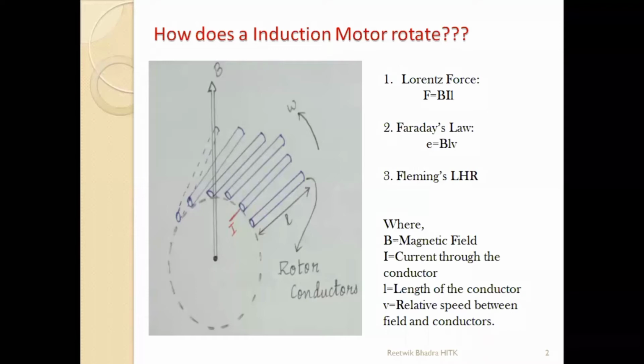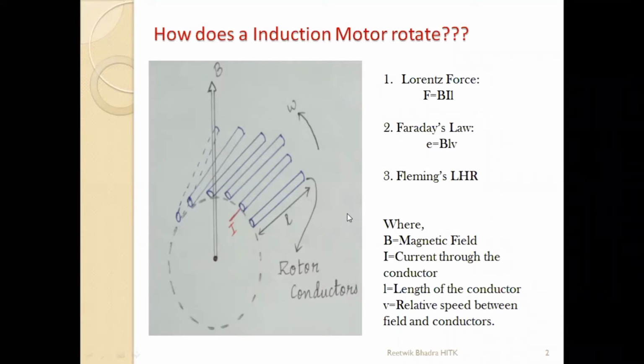We took the basic principle that if a conductor carrying current is placed in a magnetic field, force will act upon it, it will make it rotate. So that was our basic principle. According to Faraday's law of electromagnetic induction, the voltage, meaning EMF, was getting generated, and because of that EMF some current was flowing through the conductor and a force was acting upon that was making it rotate. The direction of rotation was given by Lenz's law.